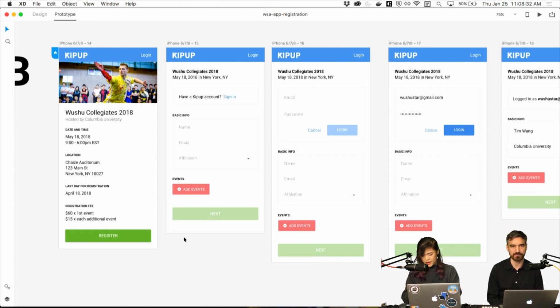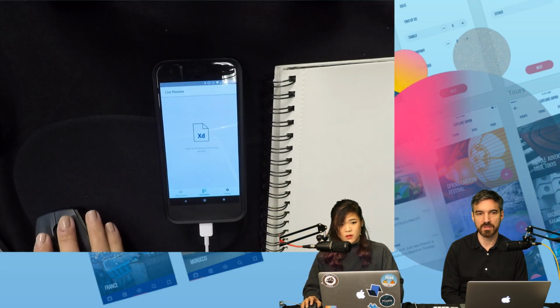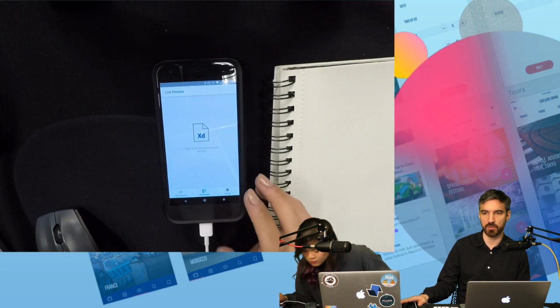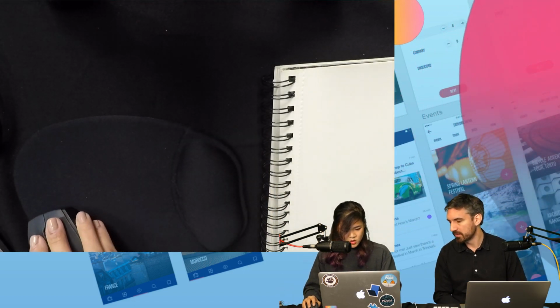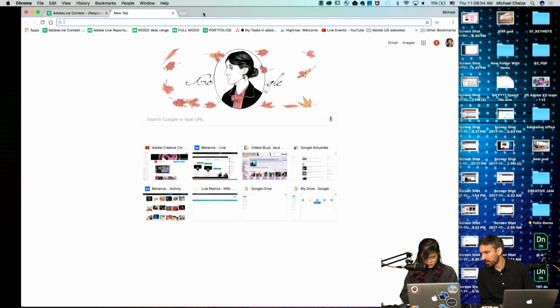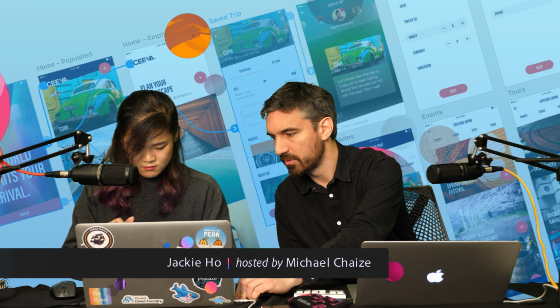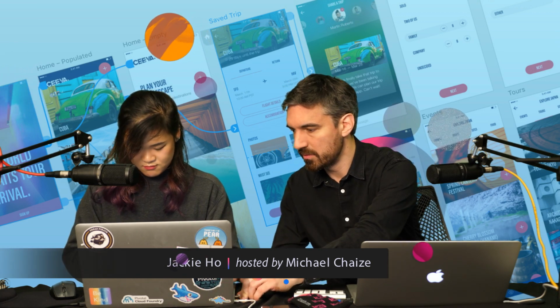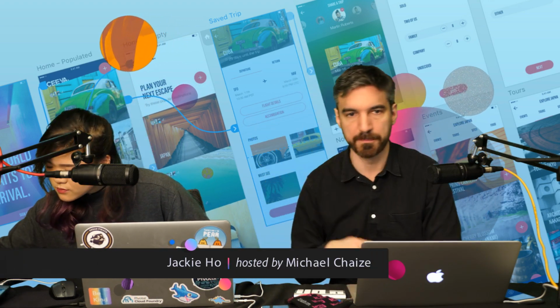You just open up the Adobe XD app on your phone. I'll put it under this GoPro. And you switch to live preview, and you connect it with a USB cable. So you connect it to your computer and you do live preview. Open an XD document on your phone. Okay, maybe it wants to connect again. Yeah, let's try connecting again. Oh, there you go. Okay. Cool. Here we go. Sweet.